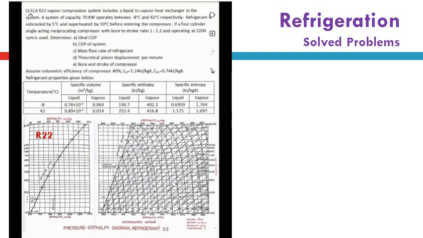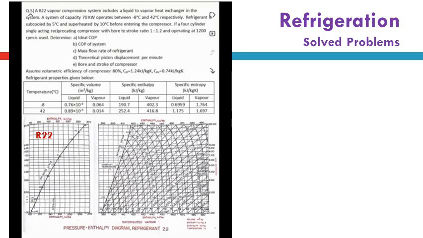The refrigerant is subcooled by 5 degrees Celsius at the condenser outlet, and superheated by 10 degrees Celsius at the end of the evaporator before entering the compressor. If a 4-cylinder single-acting reciprocating compressor with bore-to-stroke ratio 1 to 1.2 and operating at 1200 RPM is used,